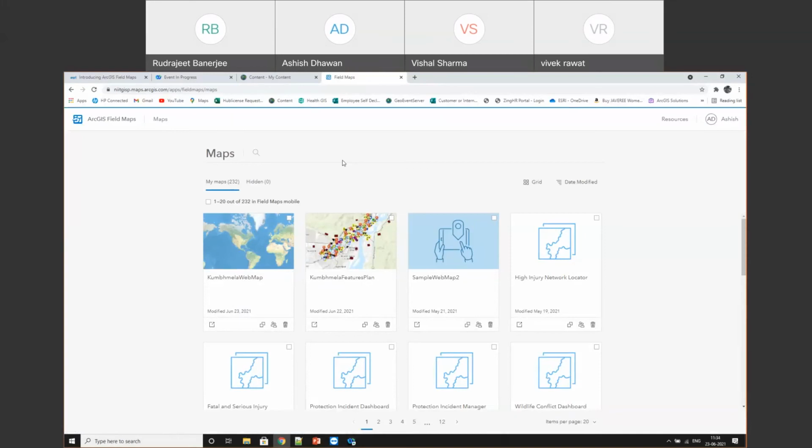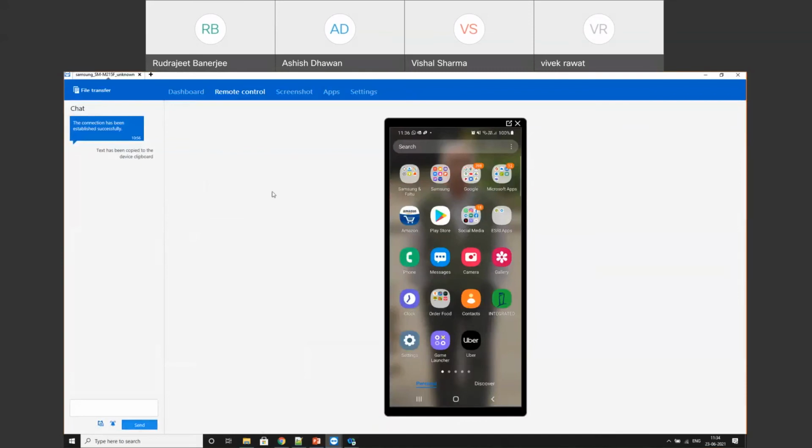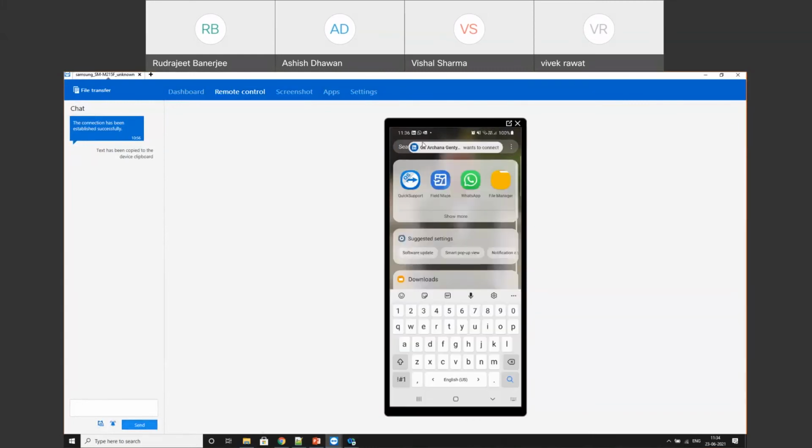So now whatever application we had shown you here by configuration on the browser, I would like to connect my mobile phone. And once I've connected my mobile phone, let me bring this window up. So you can see that this is my mobile phone. And now I would like to open up my